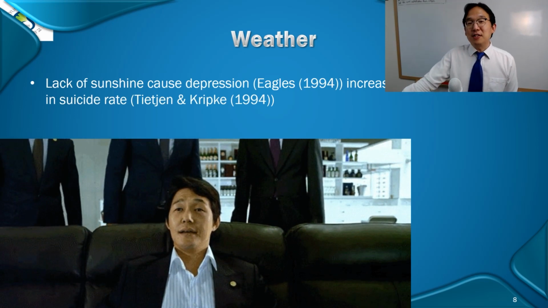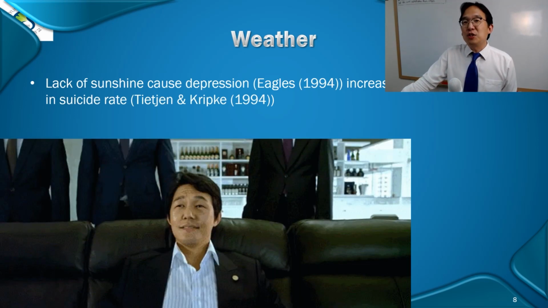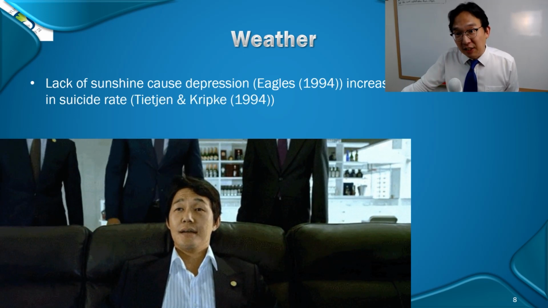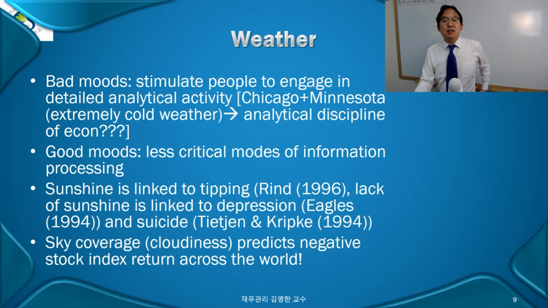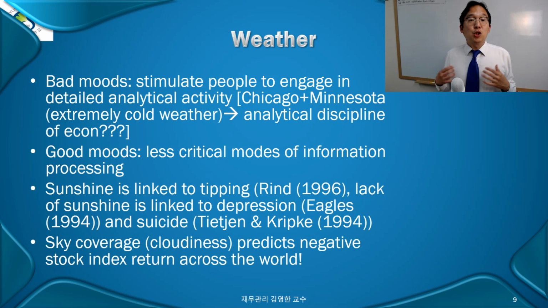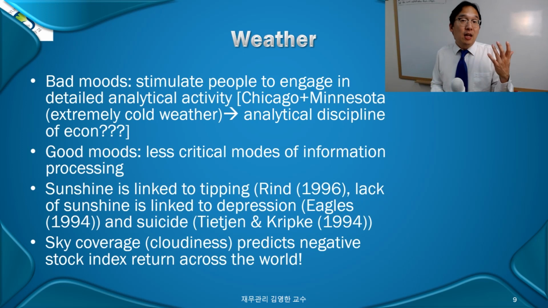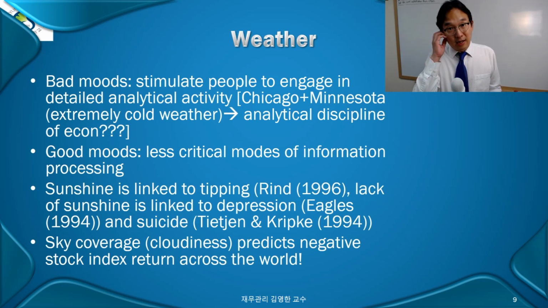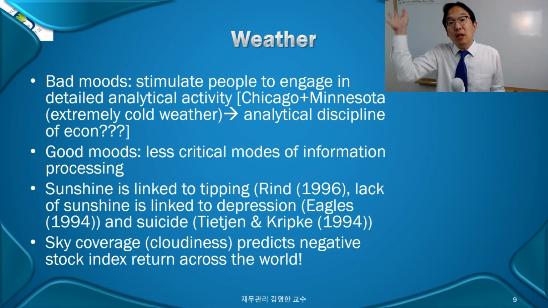Well, why do I bring this? There is a weather that is just good for the stock price to fall. That is the cloudy day, right? Good Day Sunshine is the title of a song the Beatles sang decades ago. The paper with the same title by Tyler Shumway and David Schleifer was about this weather's effect, the effect of cloudiness on the stock price. When the Manhattan sky is more cloudy, the stock index tends to go down.